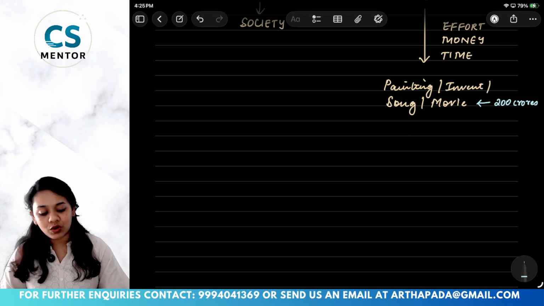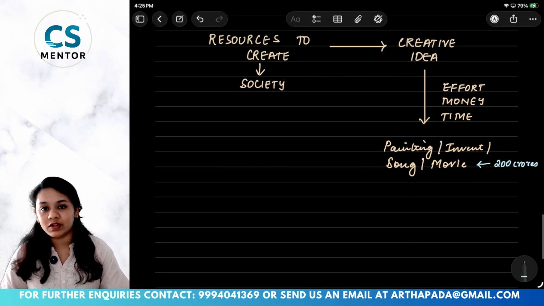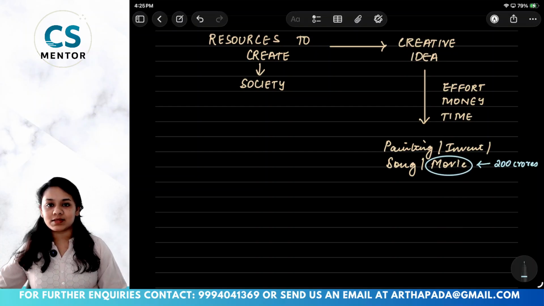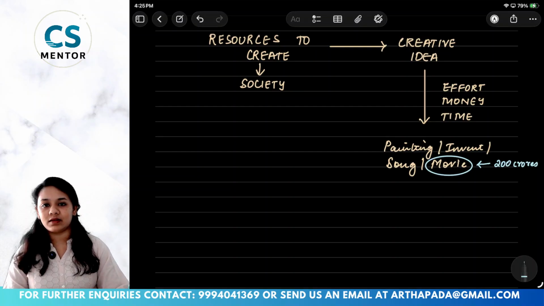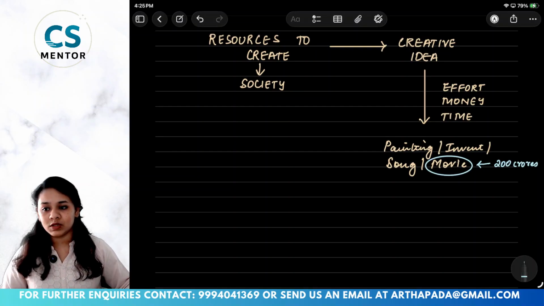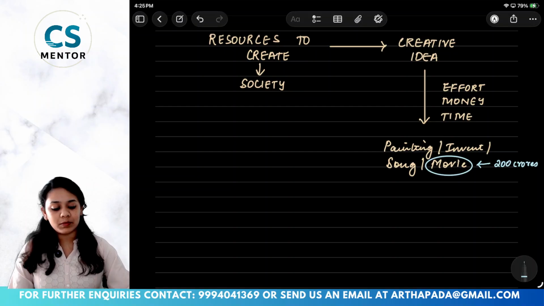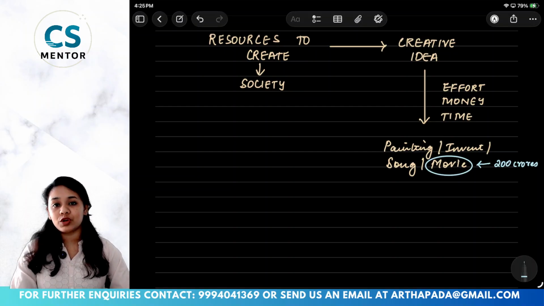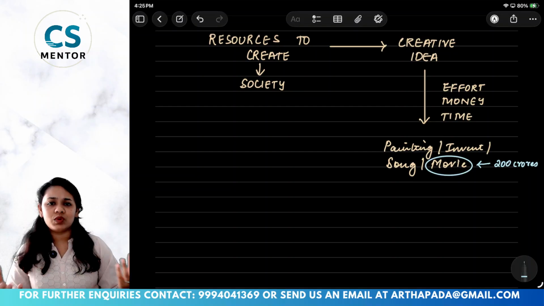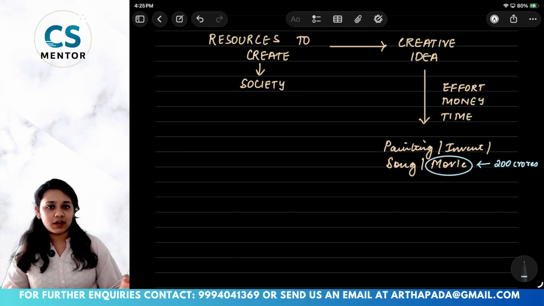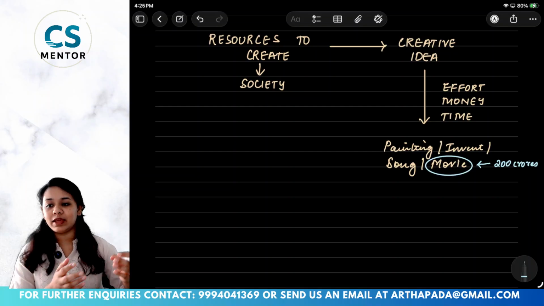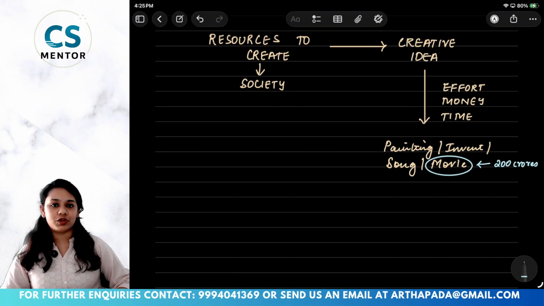What happens to all of the effort, time, and money that you have invested in making this thing? Now, this movie, after so much effort, is being taken by someone else, copied, remade, distorted, destroyed, and finally, this creative idea has gone to waste. And so, what will happen? The people who are bringing in this 200 crores to invest and make this movie will think, why should I bother? Why should I really bother putting so much money into making something that people are anyways not going to